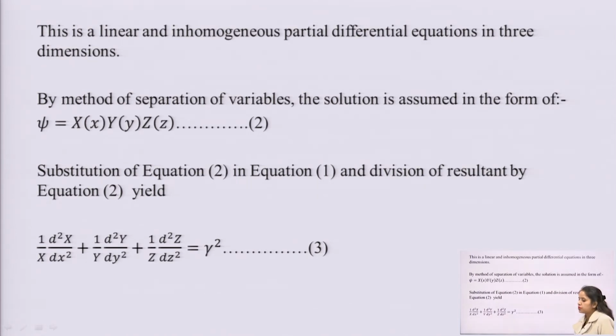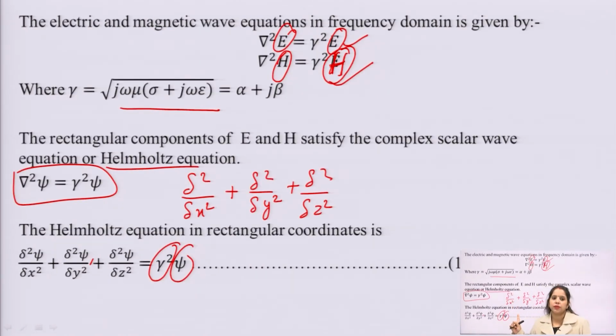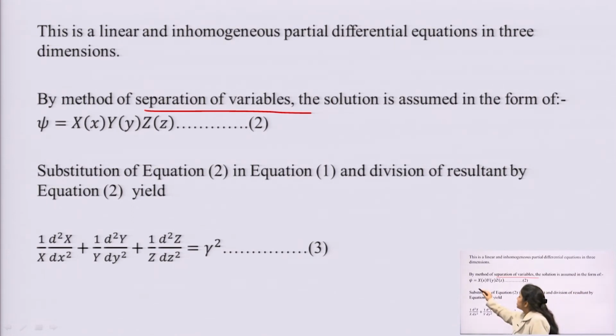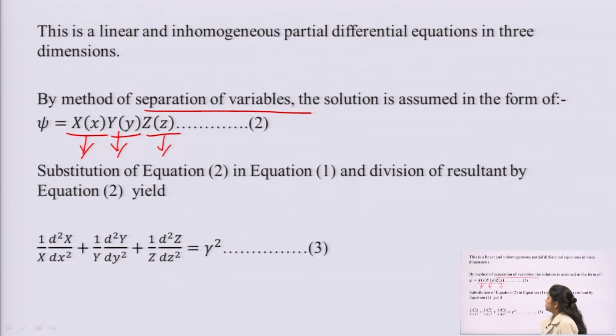So, what we have done till now is, first we wrote the Maxwell equation, the wave equation, and then we applied the boundary conditions for the rectangular coordinates. Now we are going to solve it by the method of separation of variables, because we are getting a partial differential equation. For this purpose we are assuming that the solution is given by psi is equal to X(x) Y(y) Z(z), a function of x in the x coordinate, y in the y coordinate, and z a function of the z coordinate.